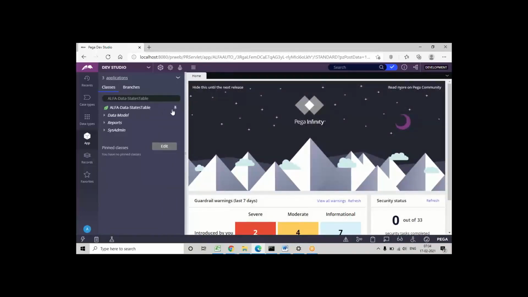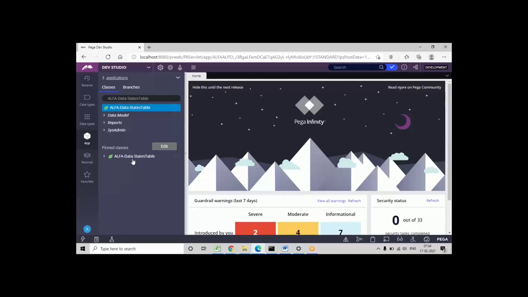Sometimes, if you are unable to see it, it is because if you did not place the pointer, it will be hidden. So hover the mouse, or your touch, next to the table name or whatever class name, and you can see the pin option.